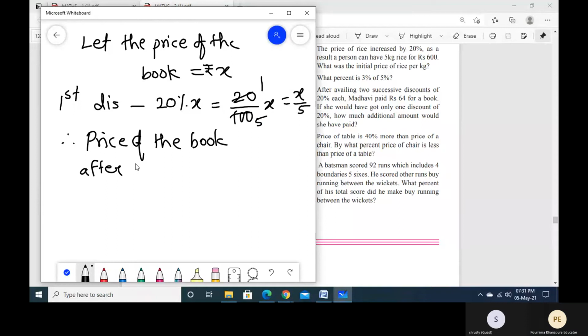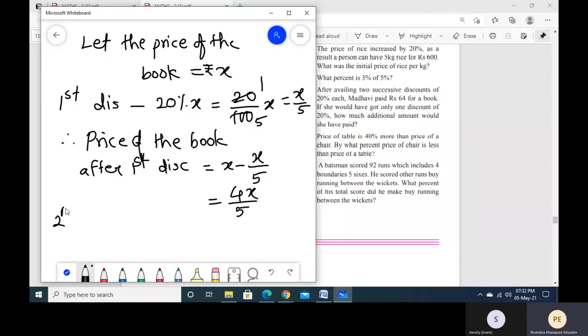after the first discount is... Ma'am, but the discount is given two times, no? Firstly 20% discount and again 20%. So we'll find both of them, because in the last question, what they're asking is, if she had taken only one discount, the initial or the second, then how much would she have to pay. So the price after the discount would be X minus X upon 5, so that is 4X upon 5. So this is the price after the discount on the X.